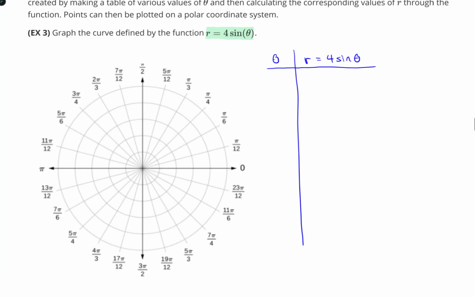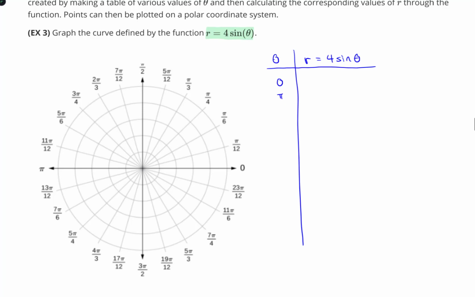And I definitely need to go through the entire unit circle, or the span of 0 to 2 pi, just to make sure that I see everything. But choosing the values to pick here aren't always entirely obvious. You're not necessarily going to get a great picture with randomly choosing values. What I tend to do is just start with easier values of theta to work with. So for instance, 0,